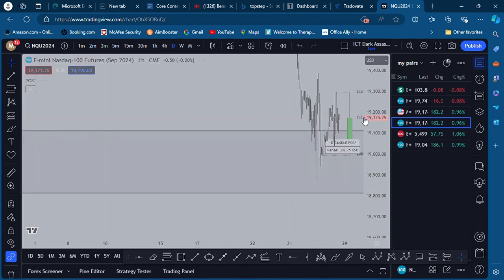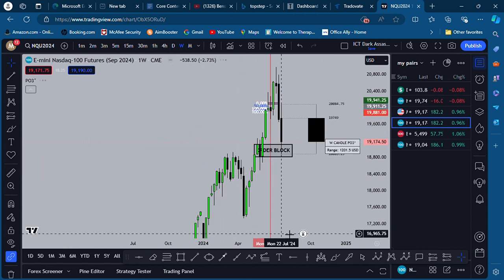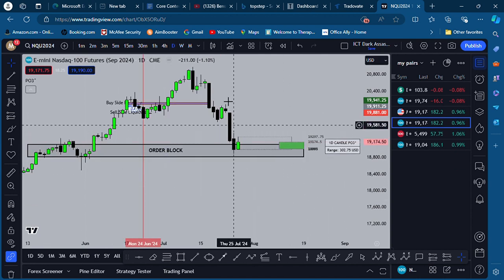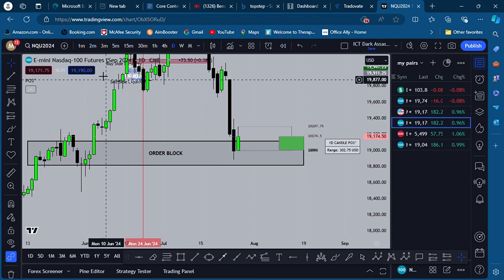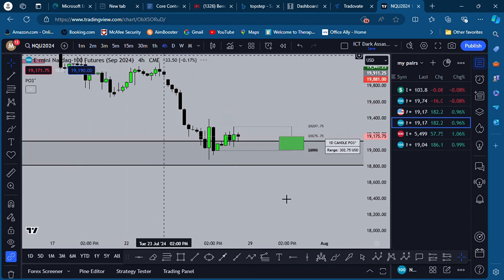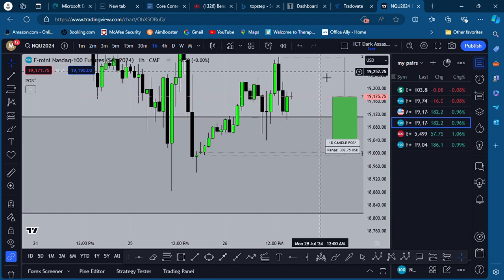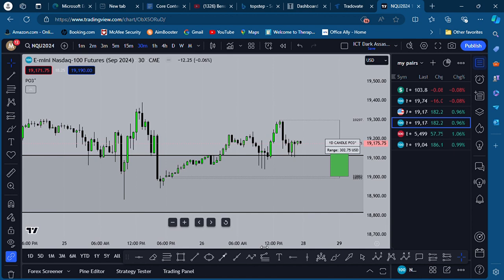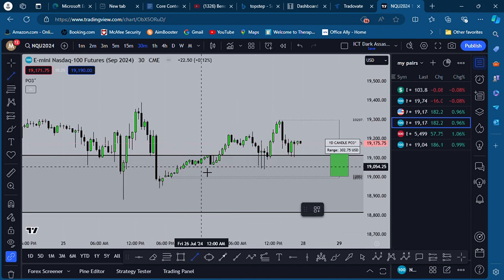But let's go to the daily real quick. On the weekly, we had an order block here. If we go down to the daily, we see that price has been coming down and finally met into this order block on the weekly time frame. Now we go down to a 1 hour time frame. Actually, let's go to a 30-minute because this is going to look way better. So not only are we at an order block, but we had just taken